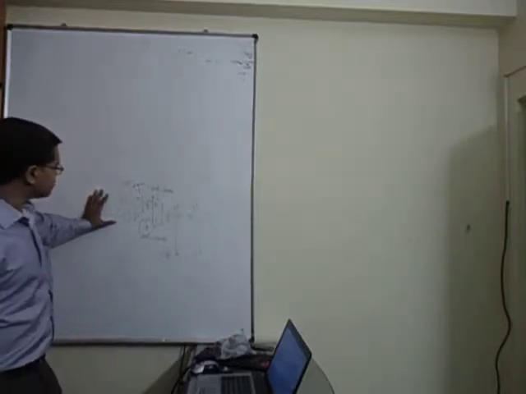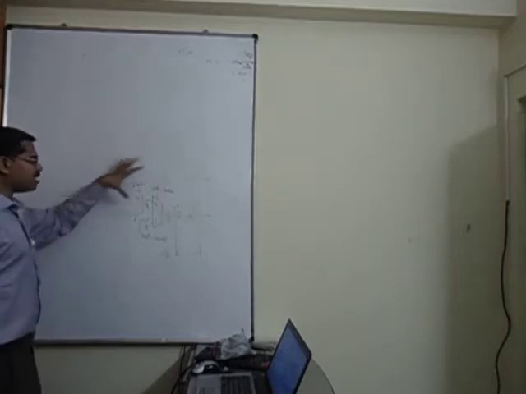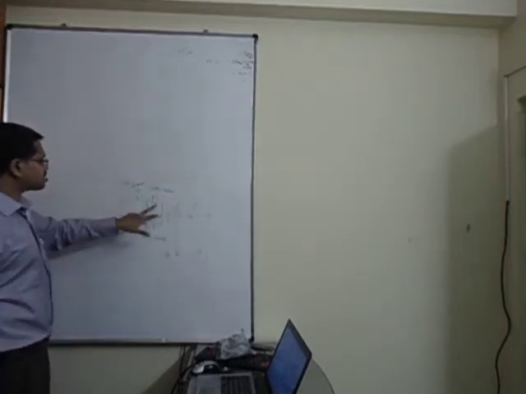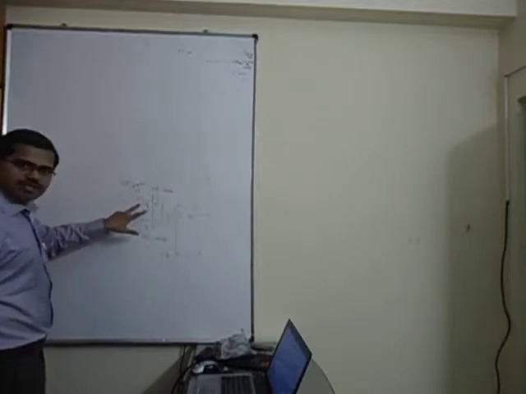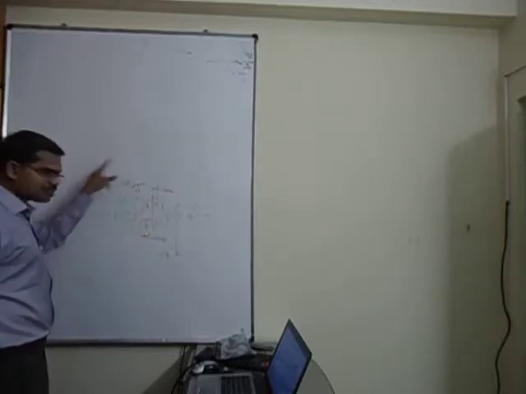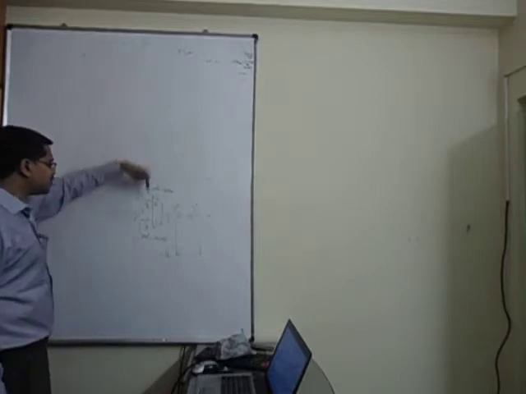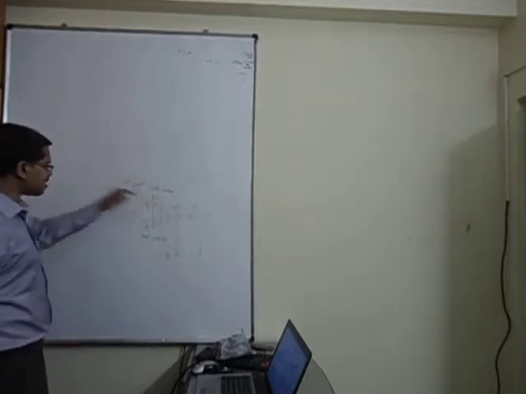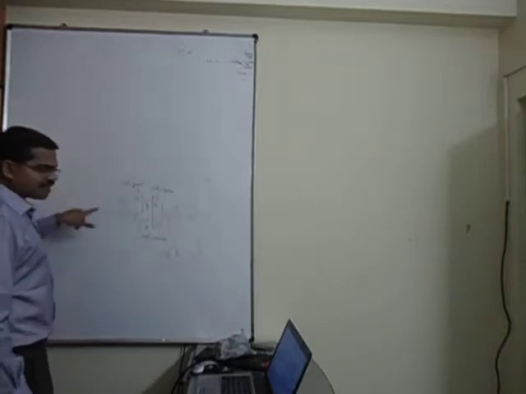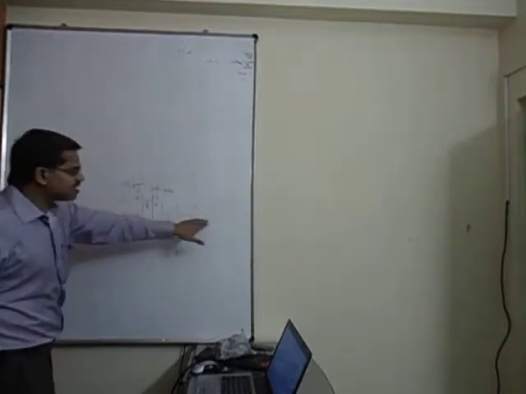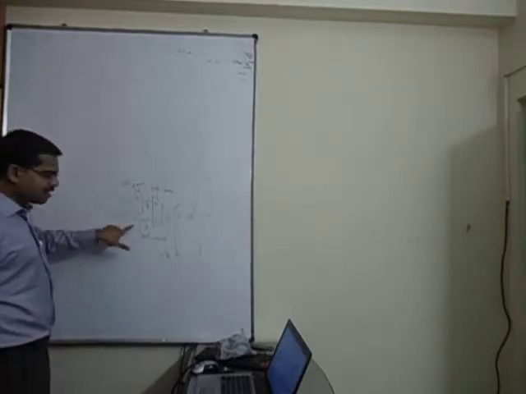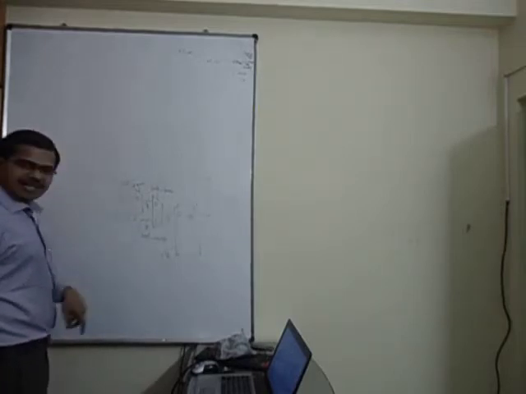You understood? Once you understand how you implement a universal counter which has the initial load option and up down option, you understand how this is going to work. Let's say you give initial load, give some count value, then make this 0, then this path gets enabled. On every clock cycle, the present count value incremented by 1 and decremented by 1 is available here, and depending on the control, one is selected.